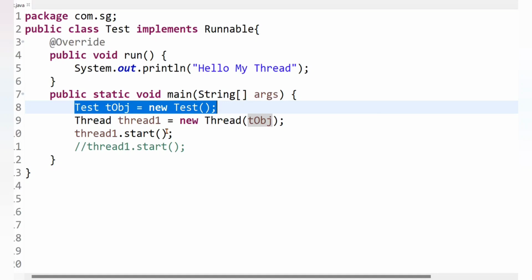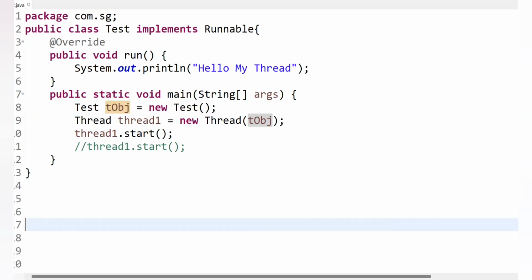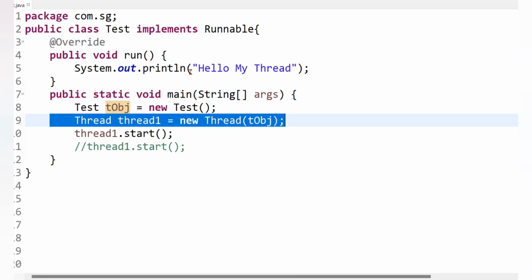After that, the program control will come over here, and the main thread will create an object of this Test class and allocate memory to it in the heap area. Then control will come to this, and the main thread will create a new Thread object, and the JVM will assign a default name to this newly created thread, like Thread-0, Thread-1. When a thread is created, it is in the new state or born state, right?